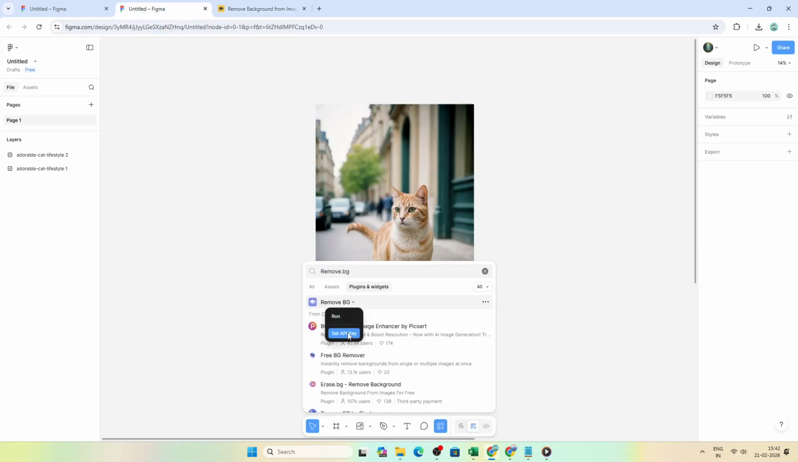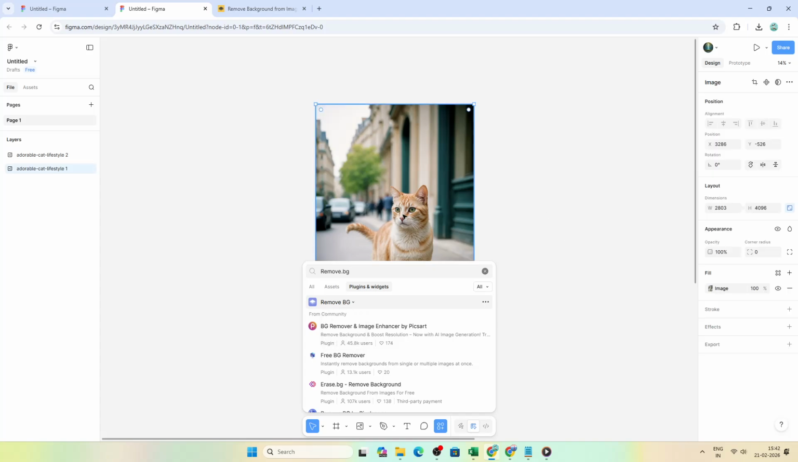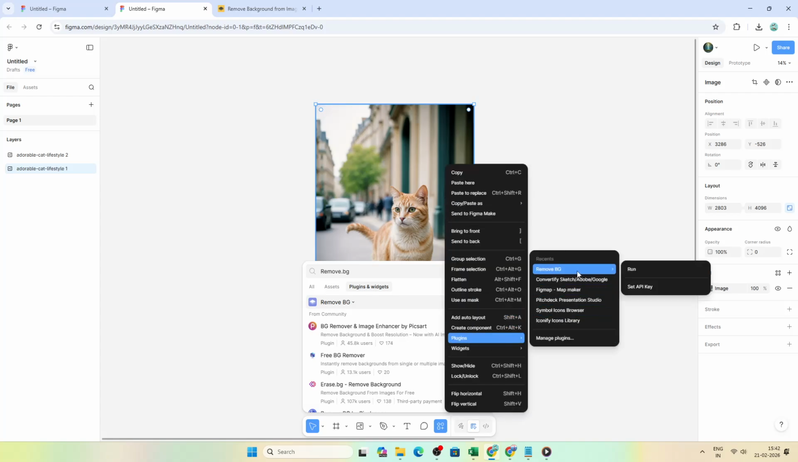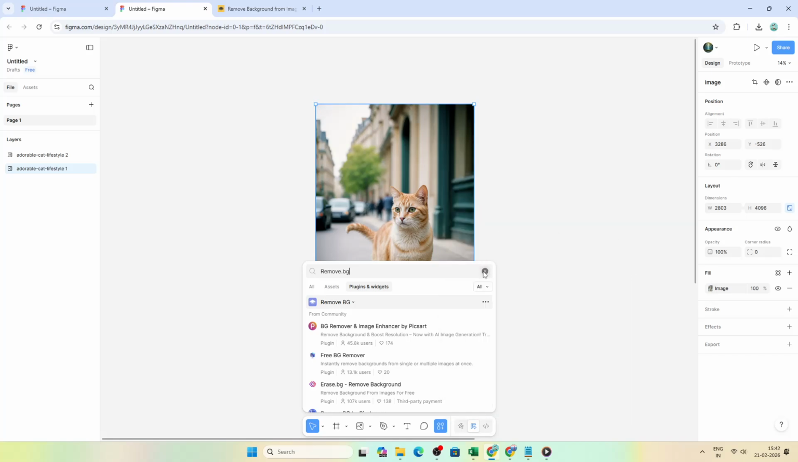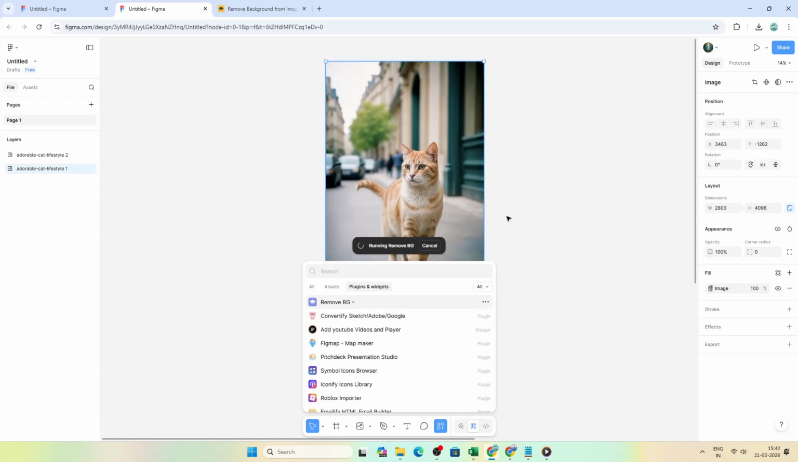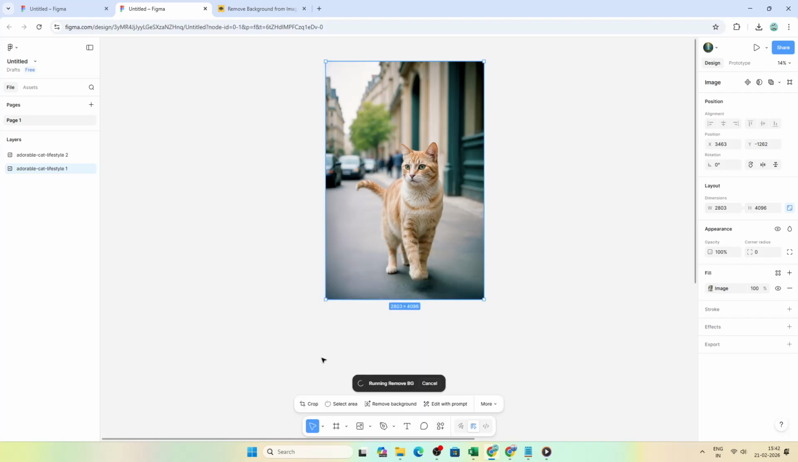Once the plugin is available, select the image you want to edit. You can right-click the image, go to Plugins, and choose Remove BG. The plugin will process the selection and remove the background automatically. You'll end up with a clean cutout and a transparent background, which is perfect for placing your subject over any